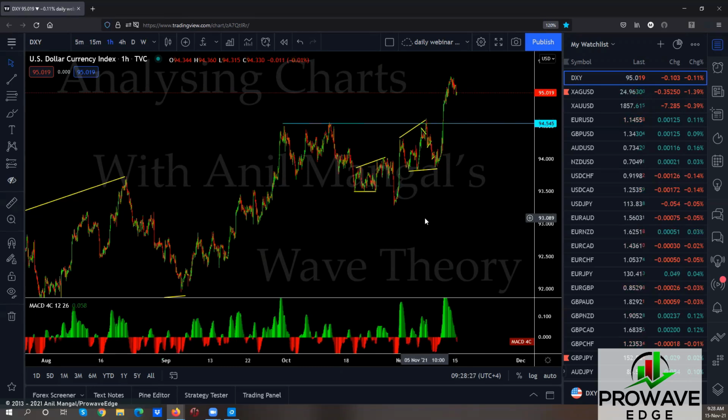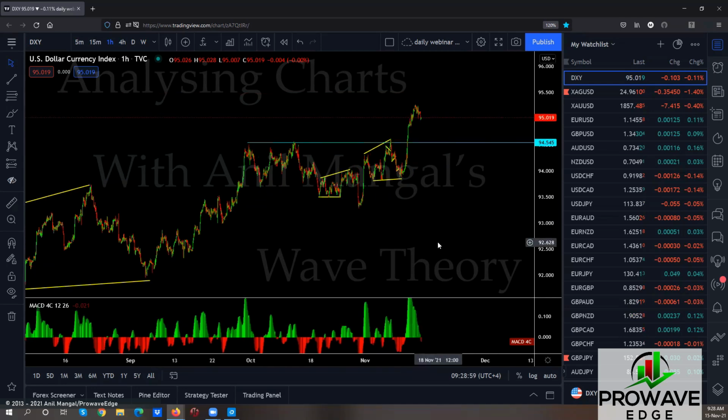Which means if patterns repeat themselves, we can take advantage of that, right? If we understand how they behave, then it's easier to say, okay, this is what I expect from this chart to do. And then you say, let's create a strategy for that. We have a lot of strategies in our room, including each trader having their own strategy sometimes. That's based on time frame, the time you're trading, and a lot of other factors, including whatever you choose to trade. So strategies can be different. The analysis is the same.